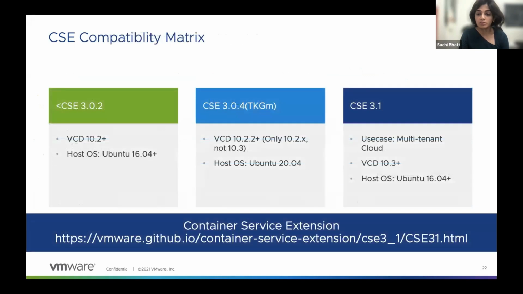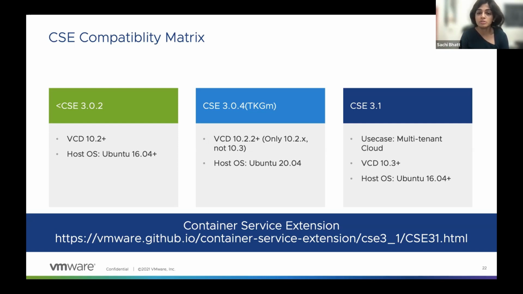One slide I wanted to talk about was about TKGM and CSE 3.1 native. So CSE 3.0.4, which is providing TKGM runtime for VCD on-prem, will be supported for VCD version 10.2 only as of now.